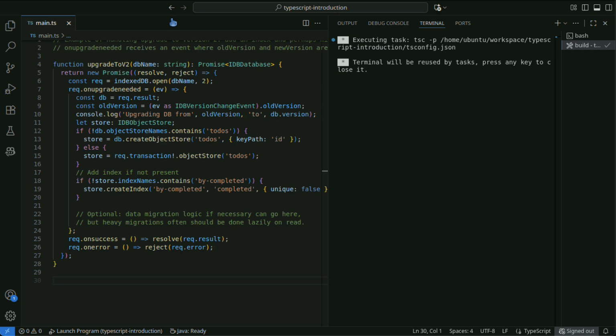Transactions are automatically committed before execution of the script that created them ends. When using await inside a transaction, it may be committed unexpectedly. Caution is needed when performing multiple async operations within the same transaction.